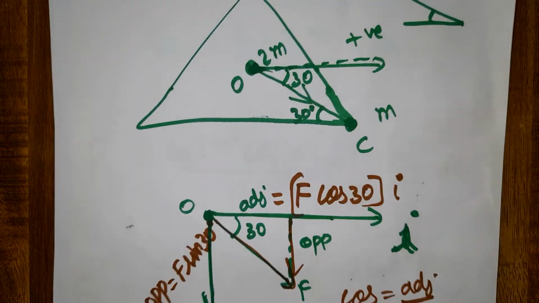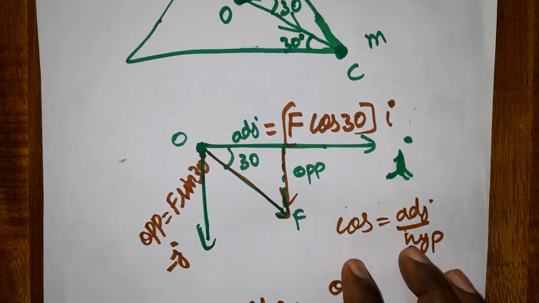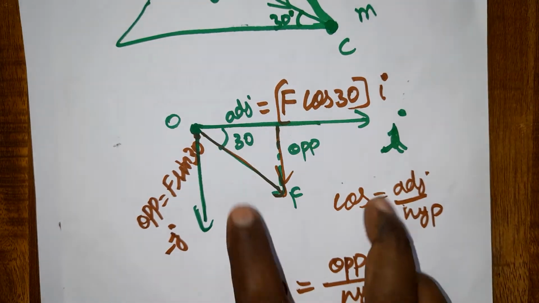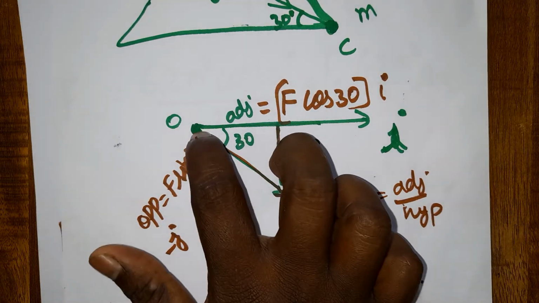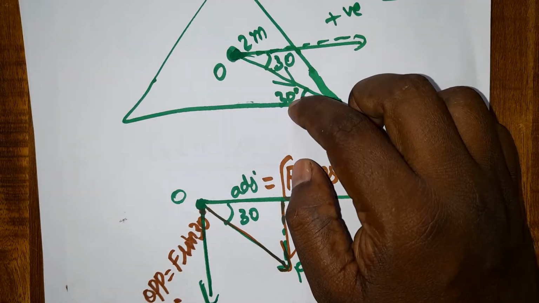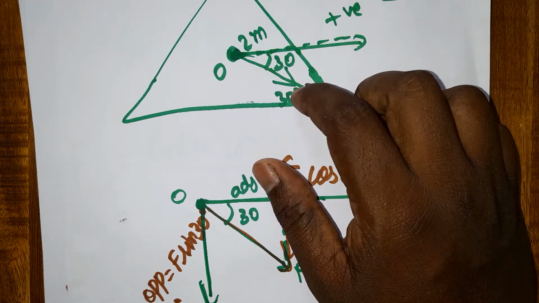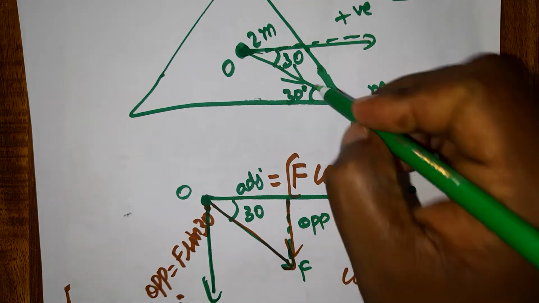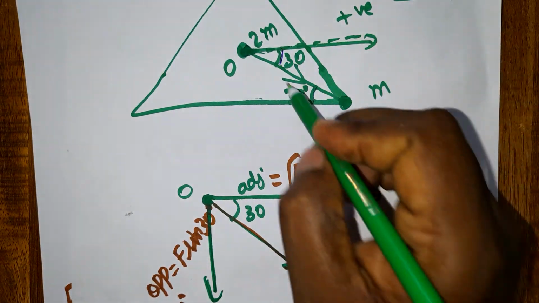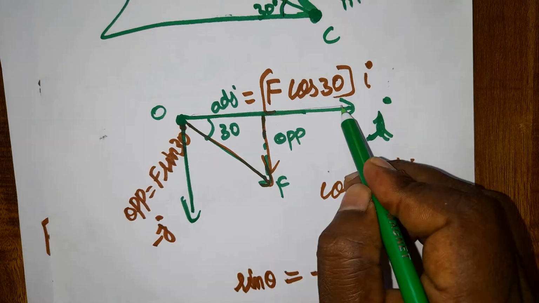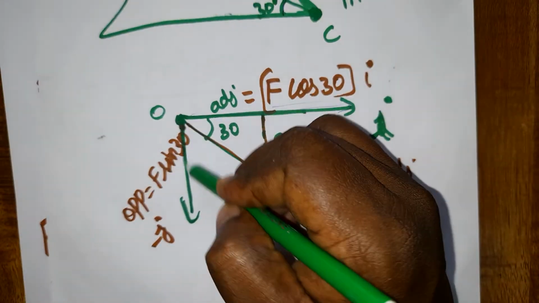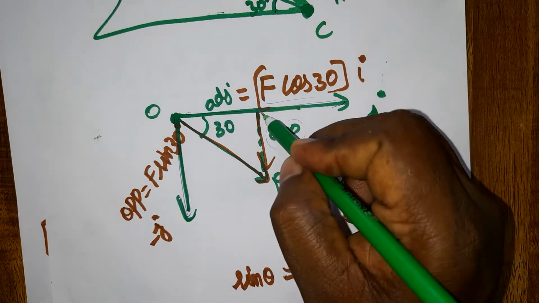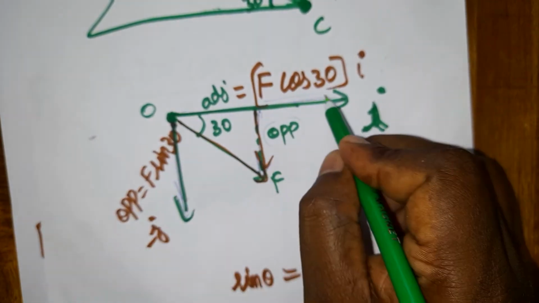Next, OC. We have to take it in two resolutions, this side and this side. This side is positive I, this side is negative J. This is the adjacent side of this triangle. So this is 30 degrees, because half of 60 degrees, as I already said, is 30 degrees. This also will be 30 because this angle and this angle are equal. So with 30 degrees, this side is F cos 30, and this side is F sin 30. Reason: for the resolution, the opposite side gets sin, and the adjacent side gets cos.